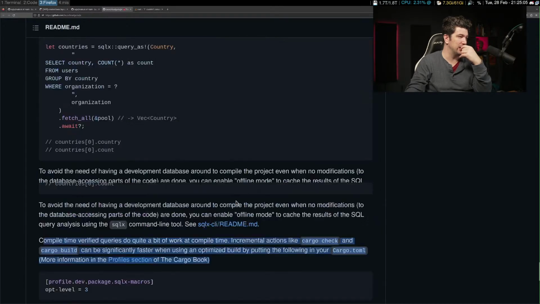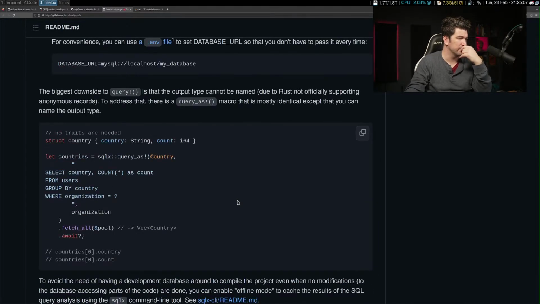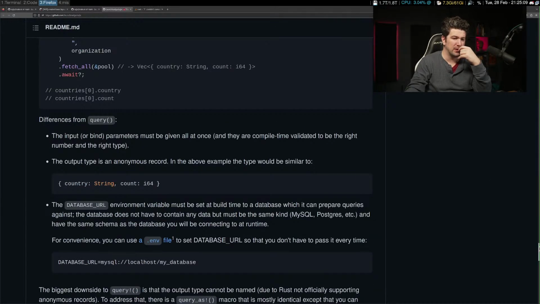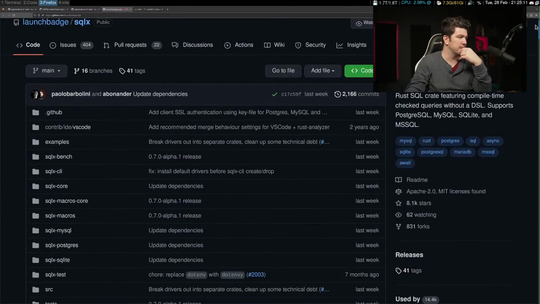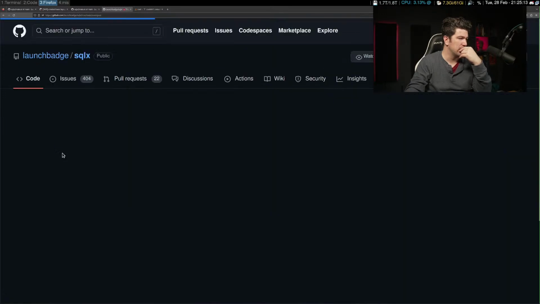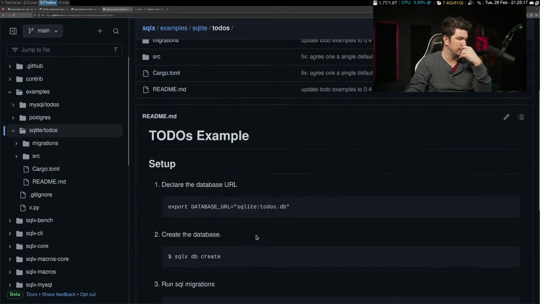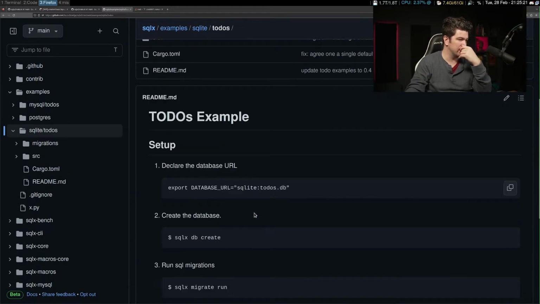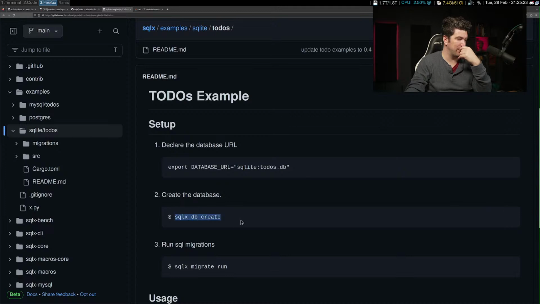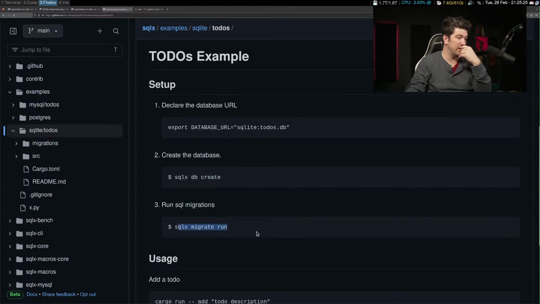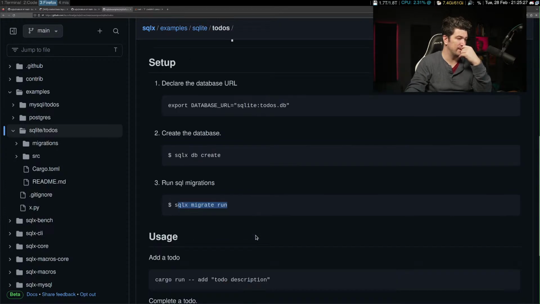Let's look at their examples here. And if we jump to SQLite to-dos, this is what they do. Create the database, they have a command. Oh, they do have migrate run.